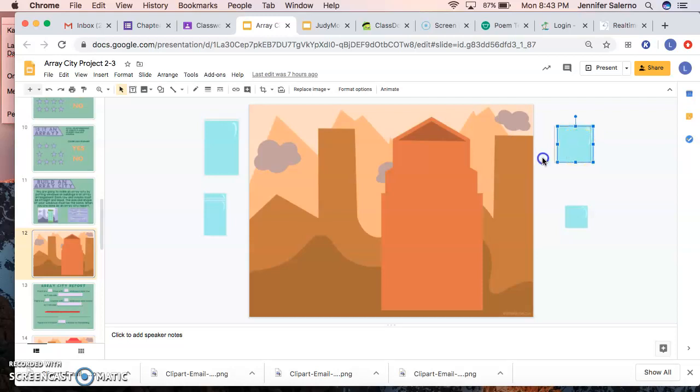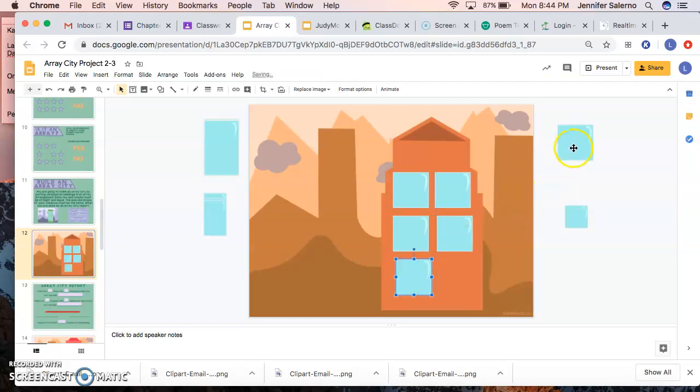And all I'm going to do is take it and drag it. And I'm just going to create an array any way that I want. Notice how it has to be equal and neat. Okay, so this is my array. Pretty fancy windows it looks like now. Okay, so